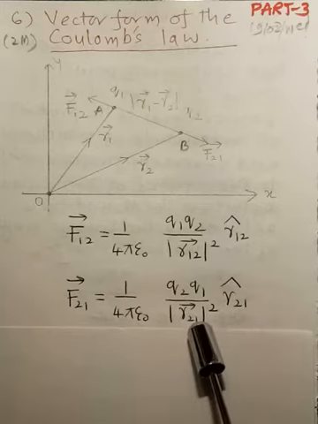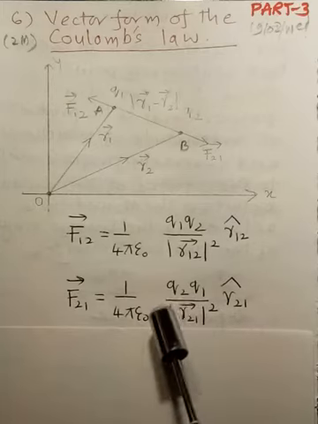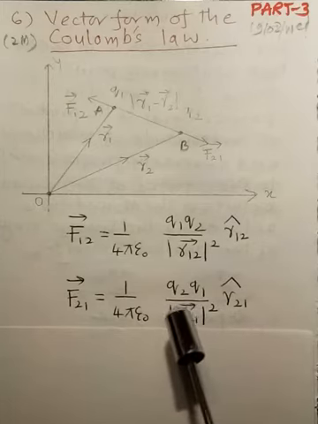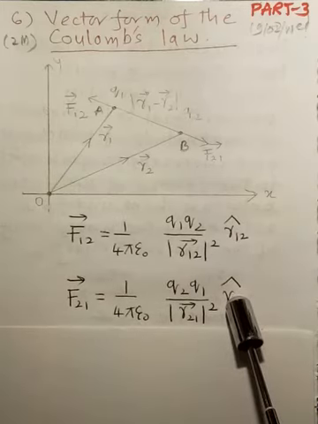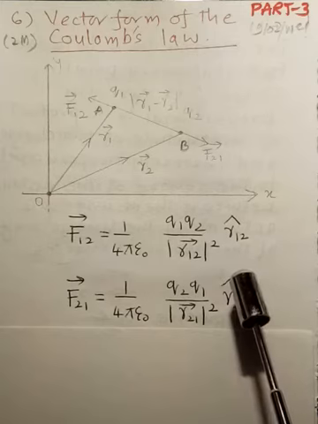When you take the magnitude, the vector notation doesn't matter. Now, this whole quantity is a scalar quantity. In order to get the direction, it has to be multiplied by another quantity, but it must not affect the magnitude. Therefore, I have taken a unit vector r21.